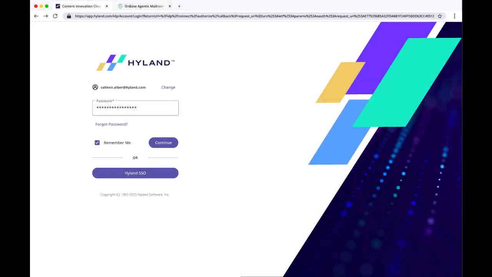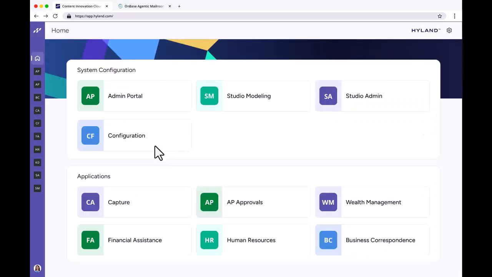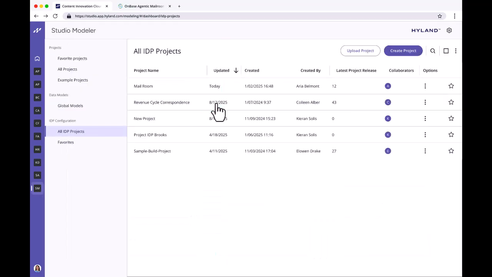As I log into the CiC, you'll notice a fresh, modern take on UI. We'll begin as a solution builder in our studio modeling interface. So for those that are new, this is behind the scenes configuration of AI-powered content solutions. We'll start with intelligent document processing, or IDP, which leverages not just OCR tools, but AI agents to perform document